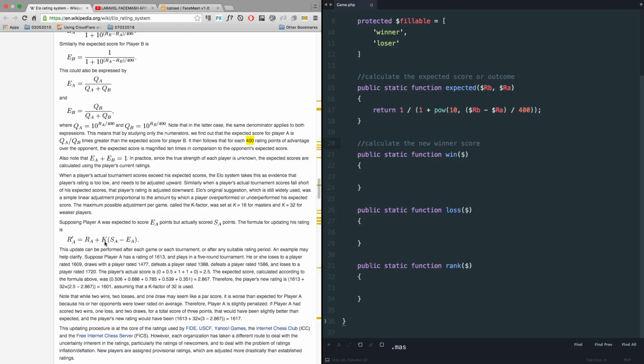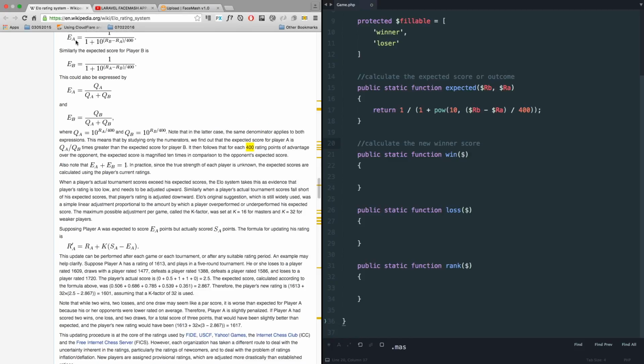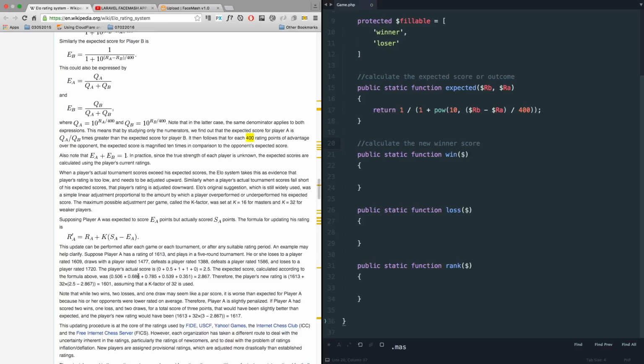So current score plus the constant value in the brackets, we are going to give the expected score here, which is going to come from the formula we just defined, and this is going to be the actual score. Now the actual score in a game is only 1 or 0. Whenever there's an image comparison, we pick an image that wins 1 point, but the other image loses and doesn't win anything. So what this formula is trying to do, they have tried to simulate this by taking an